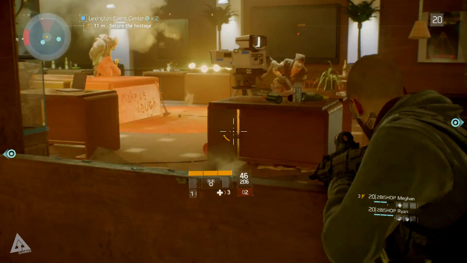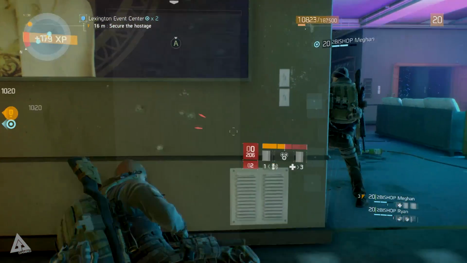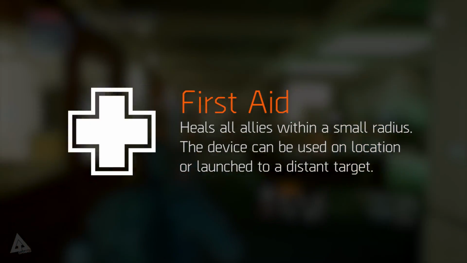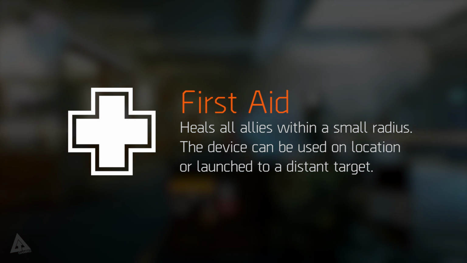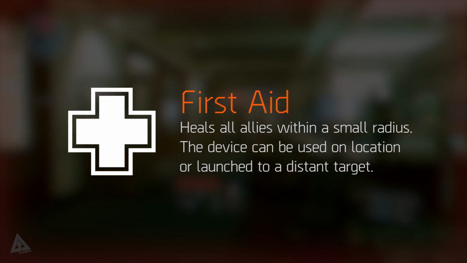Now let's talk about skills. This one is actually pretty easy. There are 3 healing skills, and you can equip 3 skills. So we're going to grab all of them. The first one is going to be First Aid. This, as you know, heals all allies within a small radius, and this can either be used on yourself or fired at range. As for mods, well, to be honest, all the mods for the First Aid skill are good,